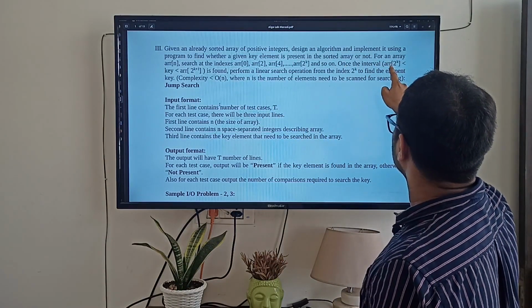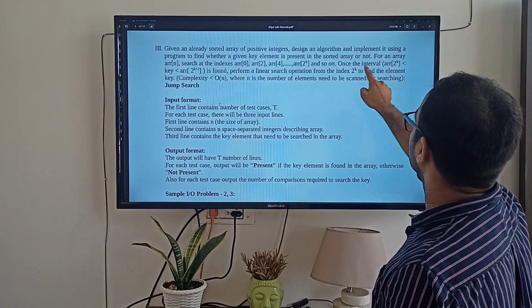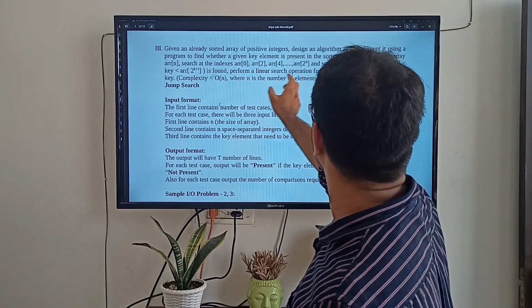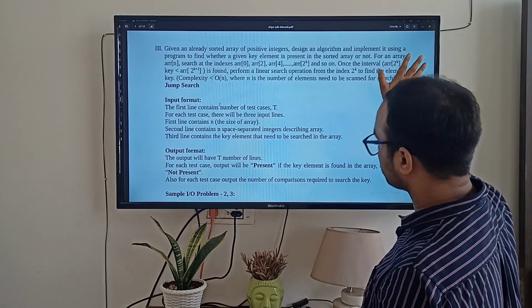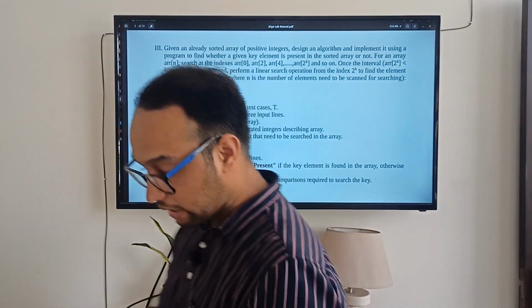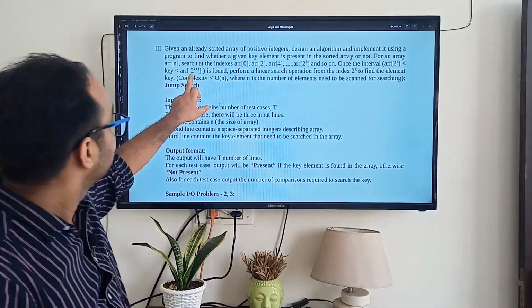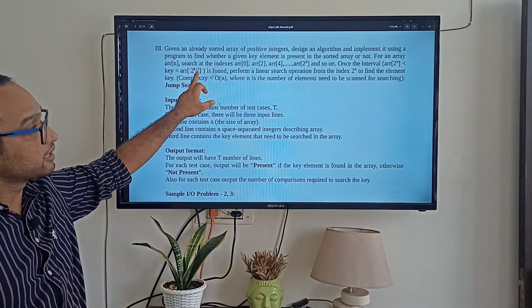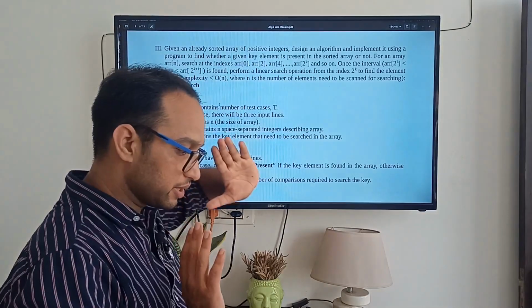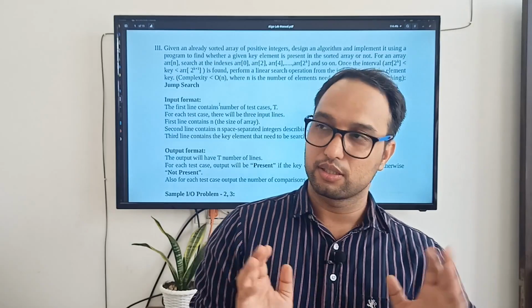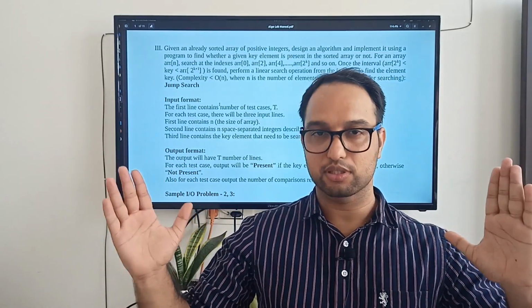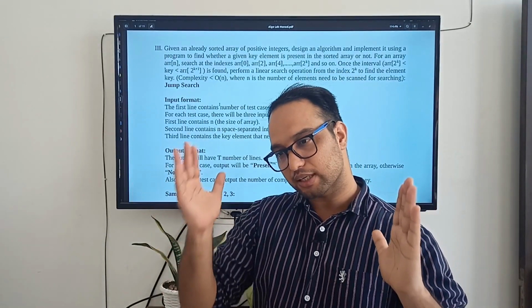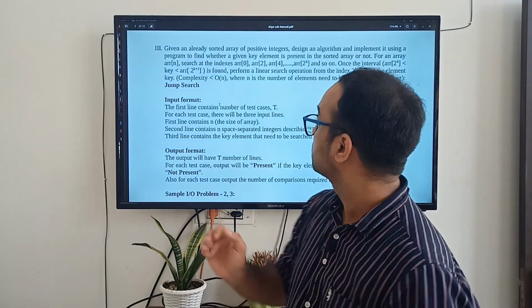Once the interval is found, you can see here, once the interval is found, it means the element is greater than the array at 2 to the power k and less than at 2 to the power k plus 1, so the element is between these two, right? When you have found these two numbers between which the element lies, you can start a linear search, right?